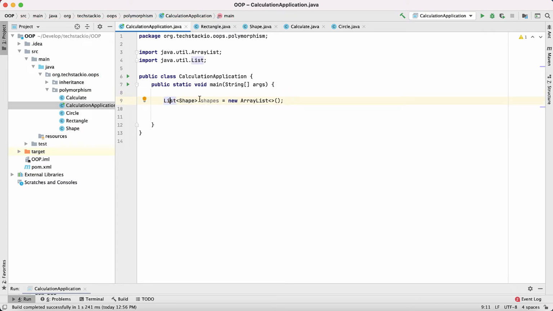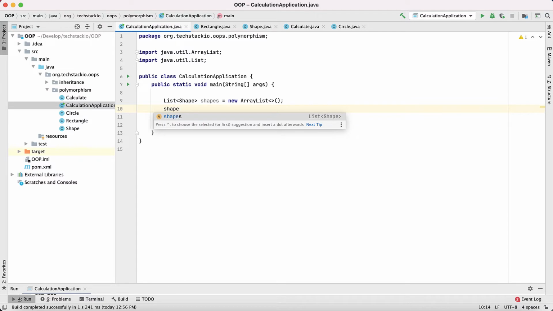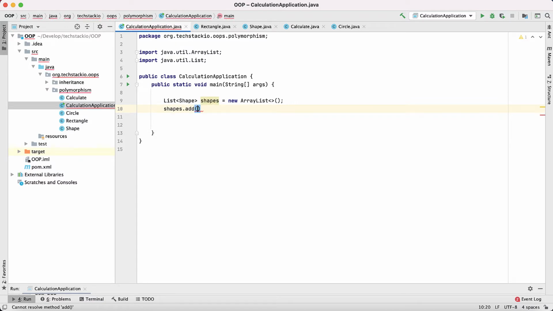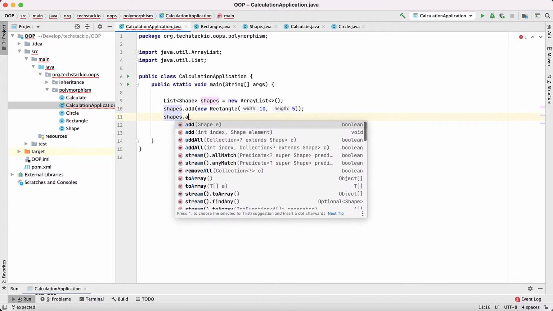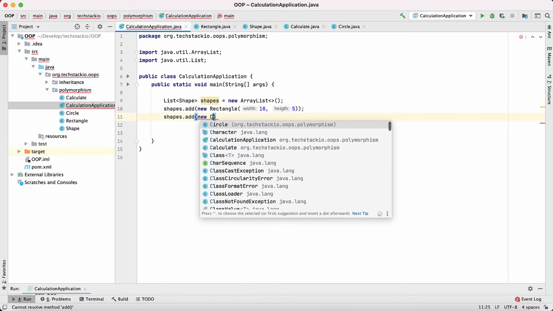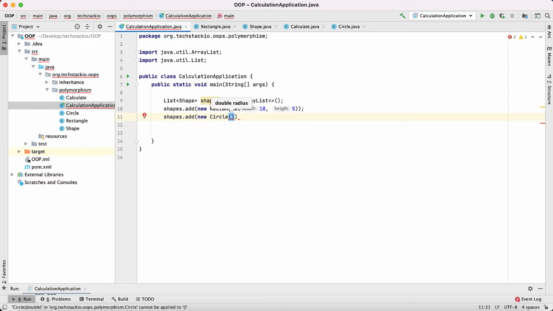Let's import the list. I'm going to add rectangle and circle classes to this list. So shapes dot add. Let's create a rectangular class with width as 10 and height as 5. And let's add a circle class to this array list of shapes. So I'm creating a circle with radius 8.